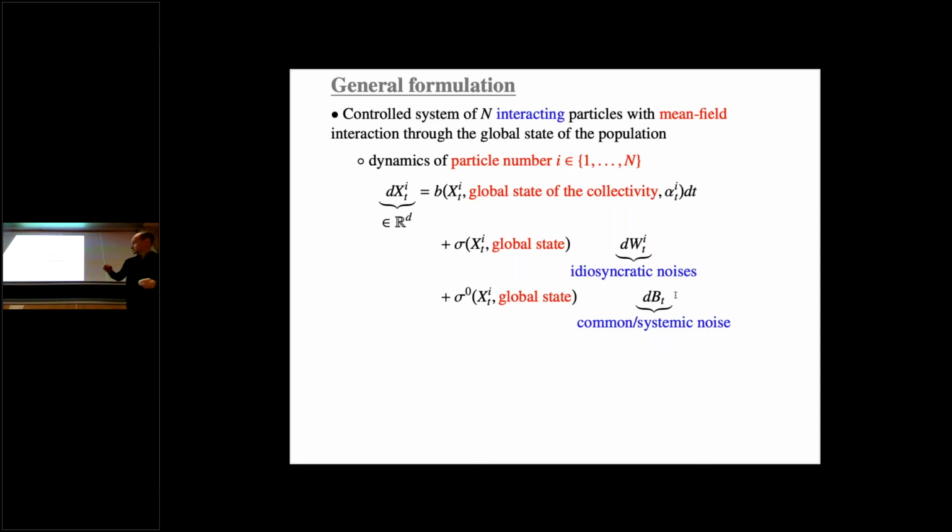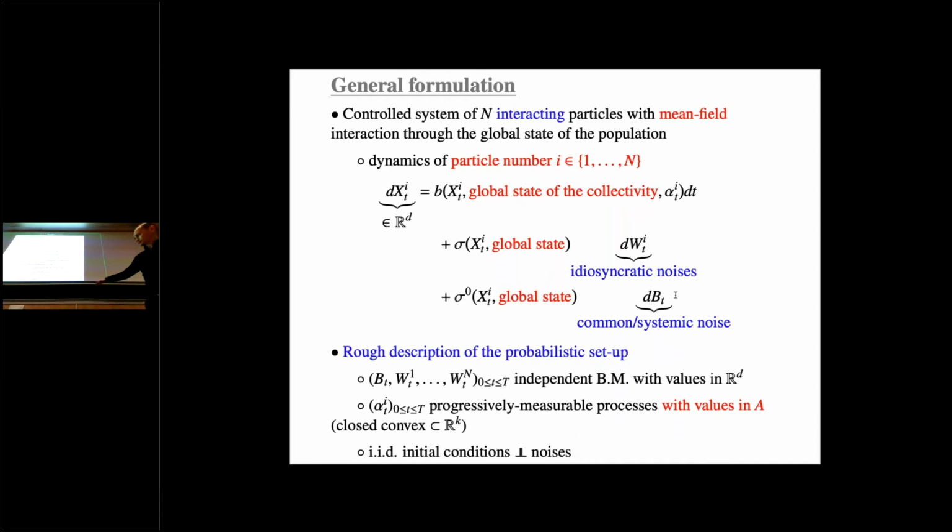So you see that the distinction between Wi on the one side and B on the other side, this is a way to say that you may have correlation between the noises. So this is a way to simplify the shape of those correlations. And for the volatility, you have the same structure and you could complexify. The impact of the common noise is something that is very, very interesting, and you have more and more works in this direction in the literature, and I will tell you more tomorrow about this in the final lecture, about the benefit that you can have from this additional common noise.